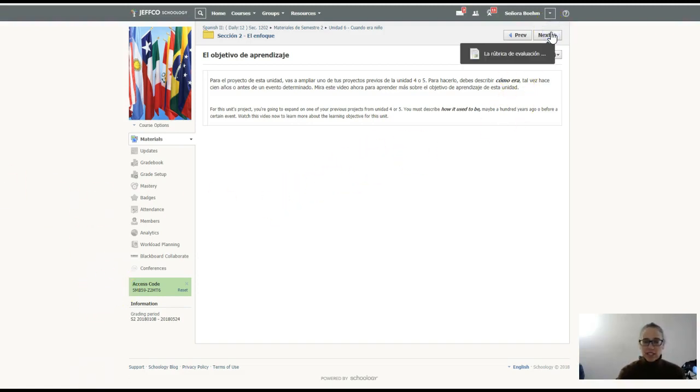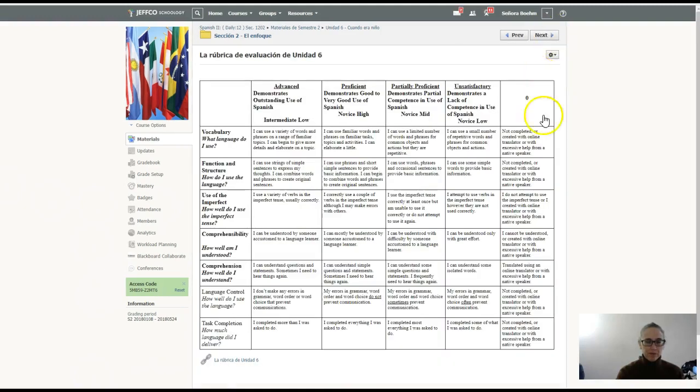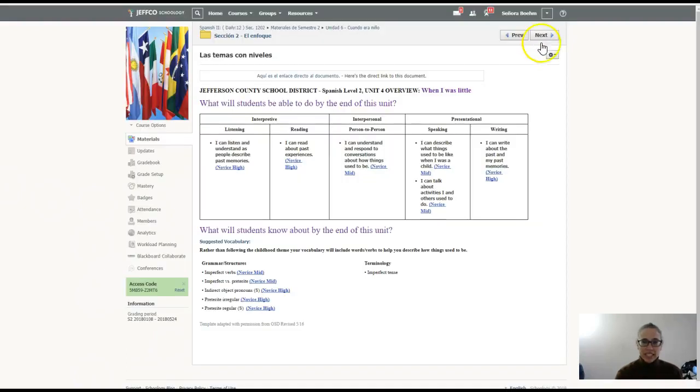So, our rubric for this unit is going to be very similar to what we've seen before. Our one main point that we're focusing in on, though, is your use of the imperfect, which is, like I said, something you will be focusing on later when we do our heavier focus on grammar. So then some of the themes we're looking at is the ability to listen to and talk about describing past memories, past experiences. So it's the understanding when others talk about it, write about it, as well as being able to produce some of your own.